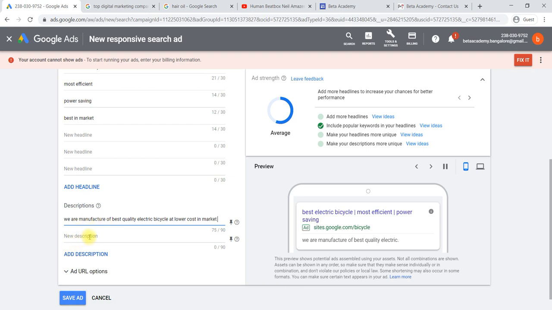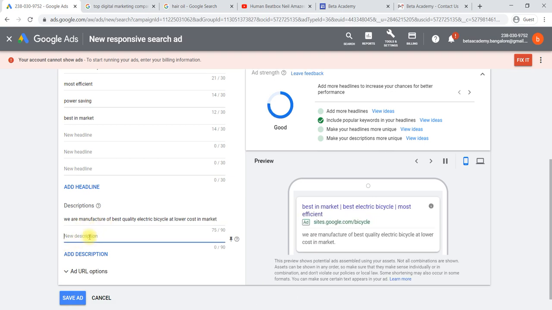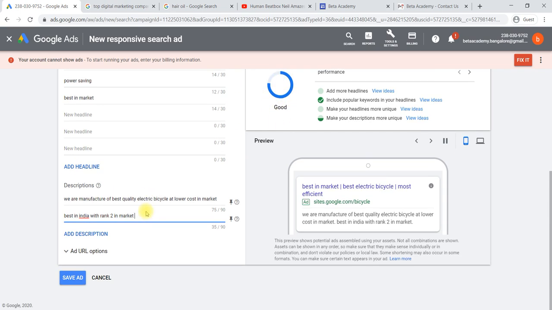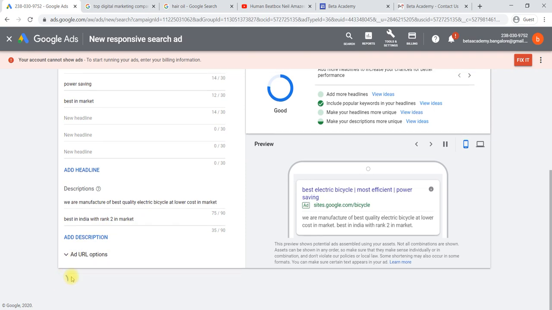Second one: best in India with rank 2 in market. Like this we can give the second description, so that your ad strength will be improved. Like this we can create an ad. We can save the ad.